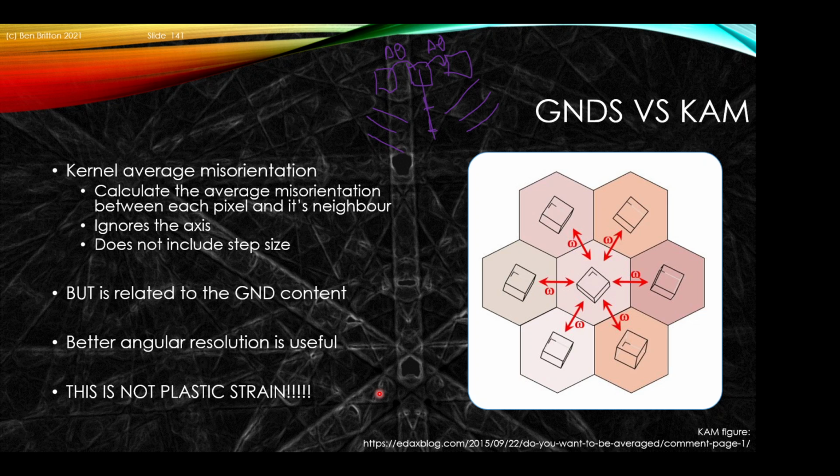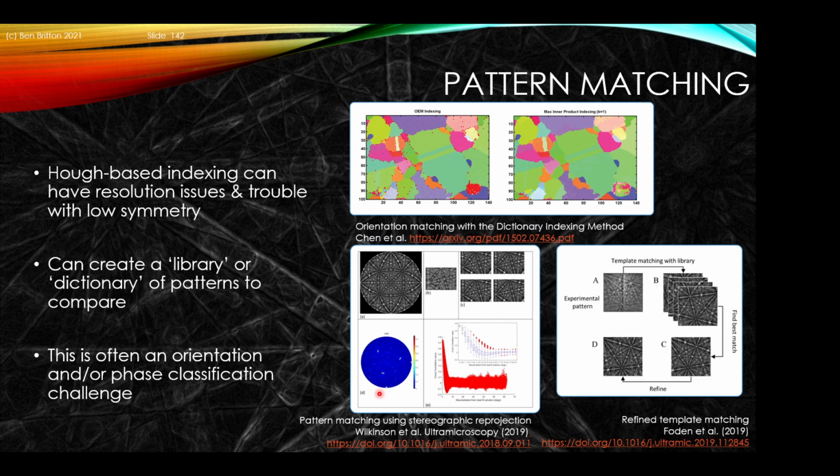Another advancing method, sort of in between high-res EBSD and conventional, is that we can do pattern matching. This was introduced in one instance with what's called the dictionary indexing approach by Marc De Graef's group and colleagues in Chen et al. And so this is the OIM type indexing. This is the inner product from the dictionary indexing approach, which shows